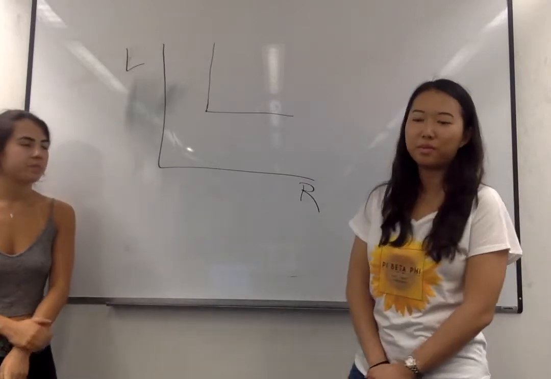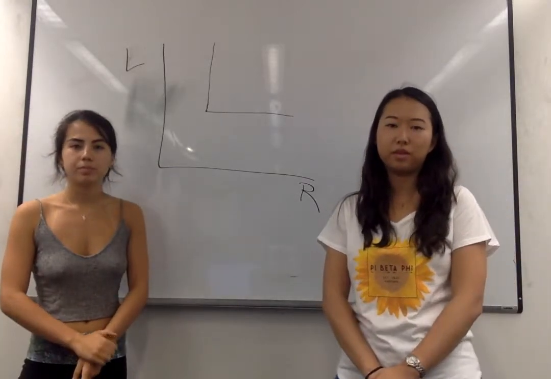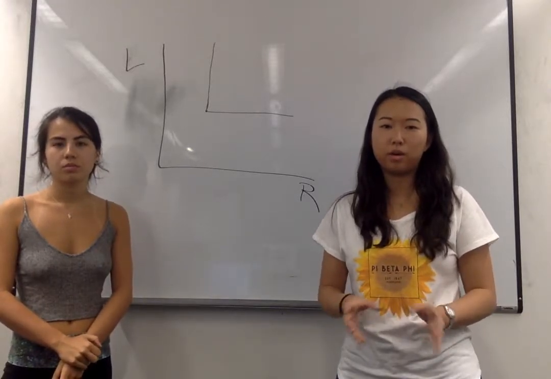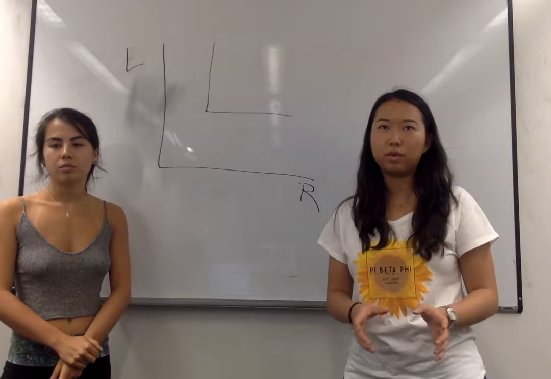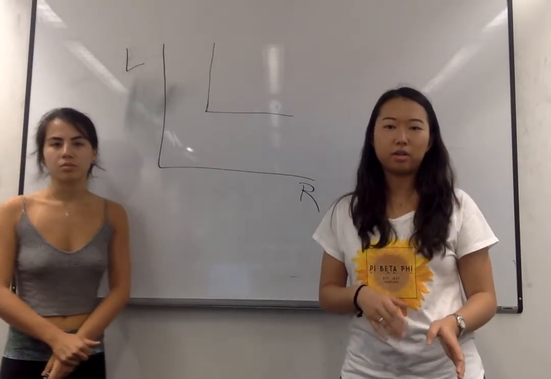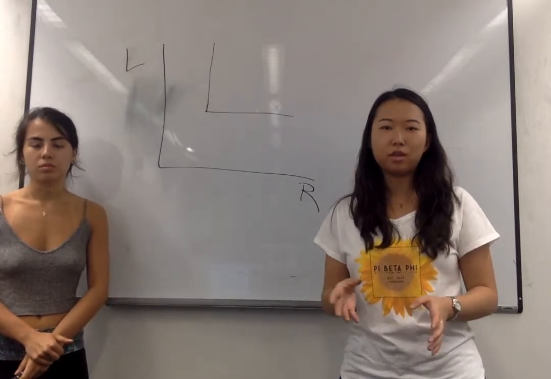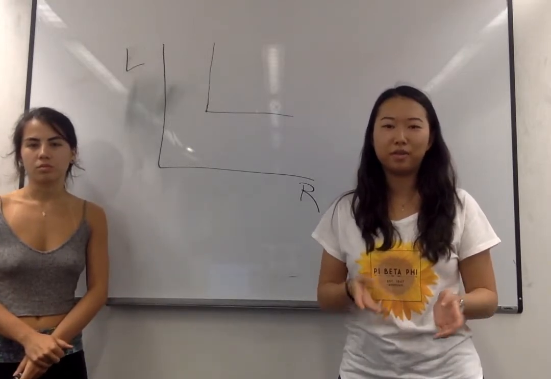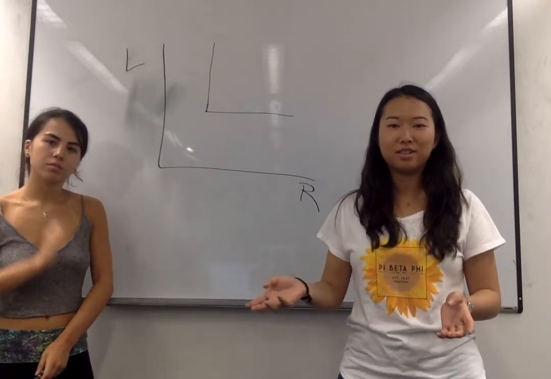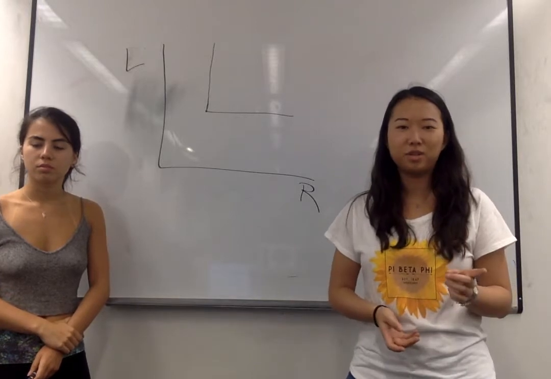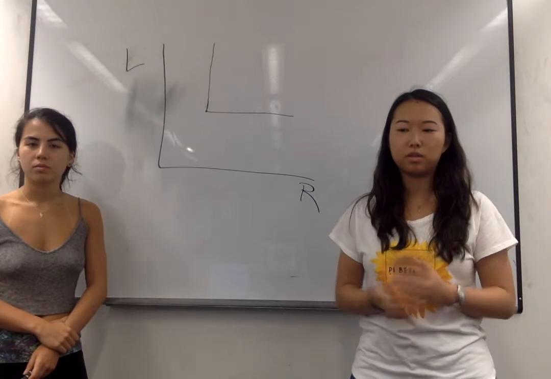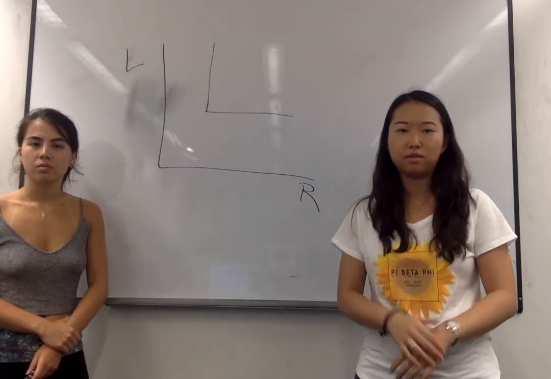So the important thing about perfect complements is that the consumer prefers to consume these goods in a fixed proportion, so it doesn't necessarily have to be one-to-one, as I said before. In a different example that's not left and right shoes, it could be bread and butter. So if you wanted to consume 1 spoon of butter for every 5 slices of bread, it wouldn't matter if you had 500 slices of bread if you still only have that 1 spoon of butter. So as long as it's a fixed ratio and the consumer wants to consume them in a proportion, it's a perfect